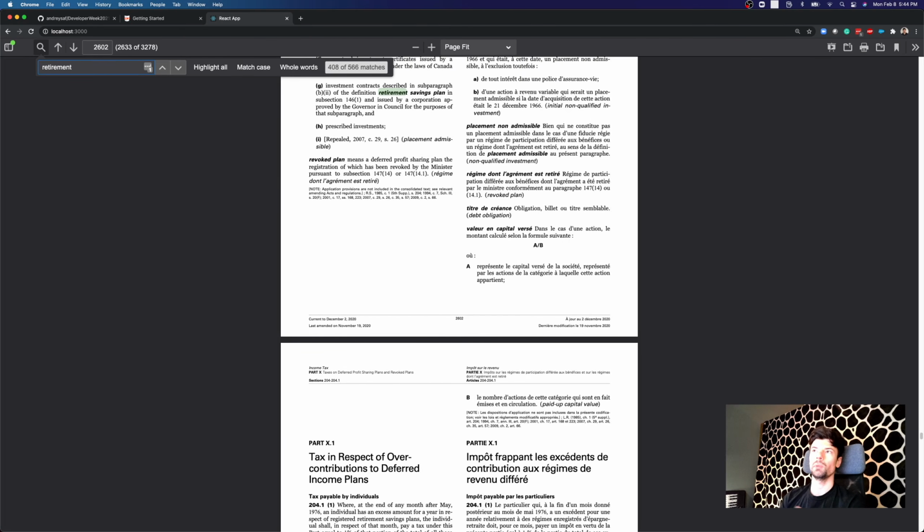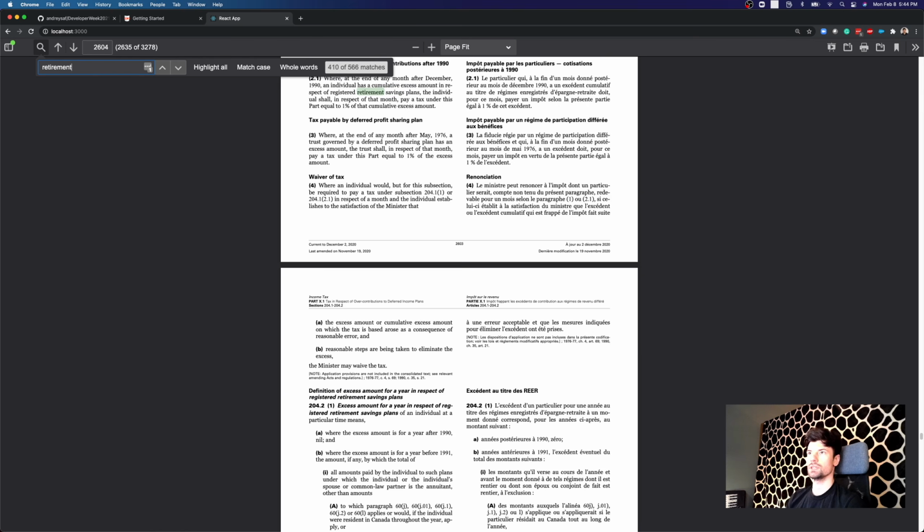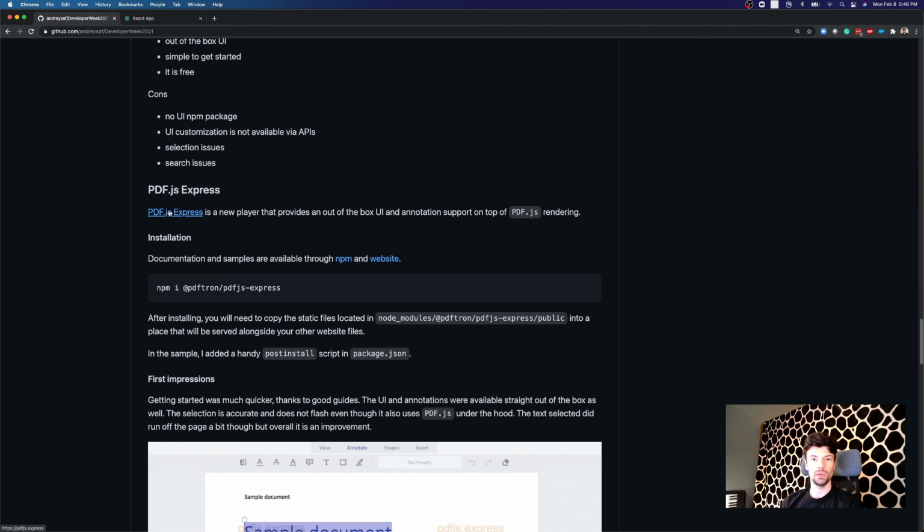So just remember this, we searched for the word retirement and it returned 566 matches. We're going to use the same document and search for the same word and see how many matches return using a different library. So for the next library we're going to check out, it's a fairly new player. It's called PDF.js Express. It does leverage PDF.js as a rendering engine underneath, but it uses a different UI and actually comes